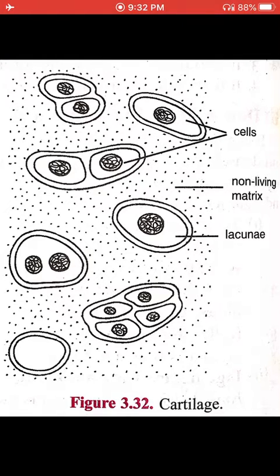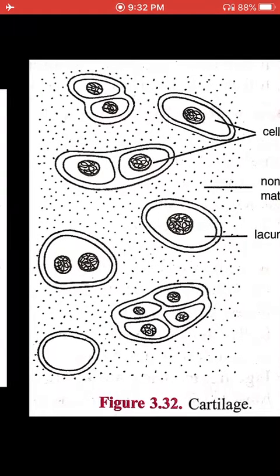Chondrocytes are present in a fluid-filled space, a space with fluid inside, and that is considered a lacuna. They call it lacunae. Occurrence: where are they found? You can easily find these disc-like structures at the ends of long bones, where softness is needed. The nose tip, ear pinna, ribs, and rings of the trachea are all made up of cartilage.